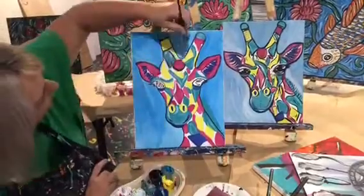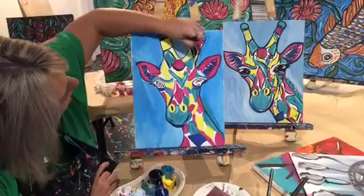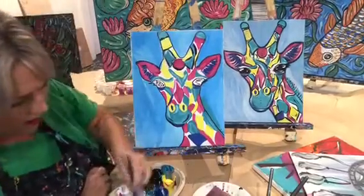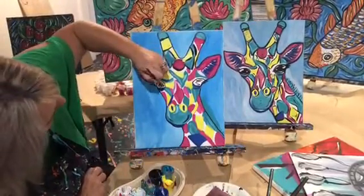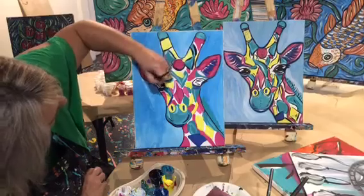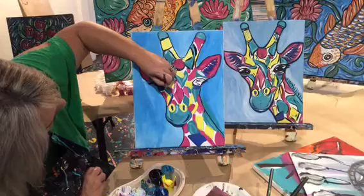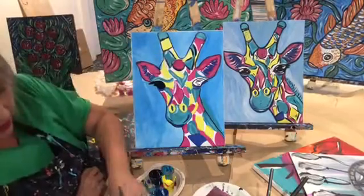So come in here and just edging around those. It's probably a good idea to do your black eyes now. So then you could come in and add some little dots